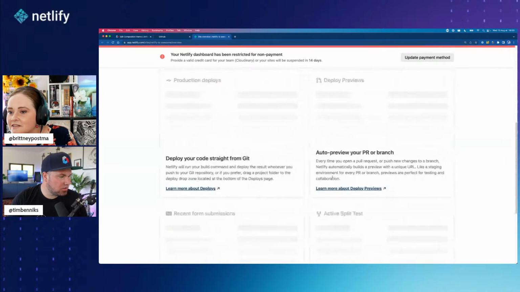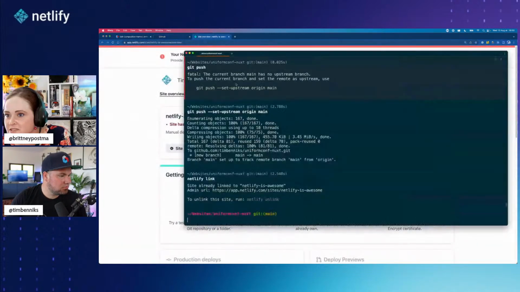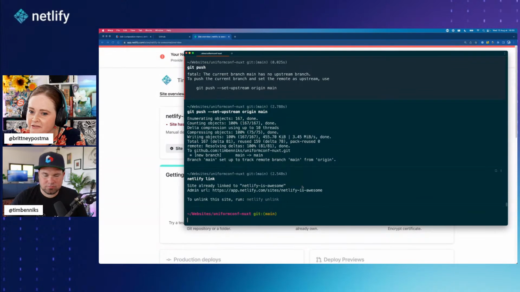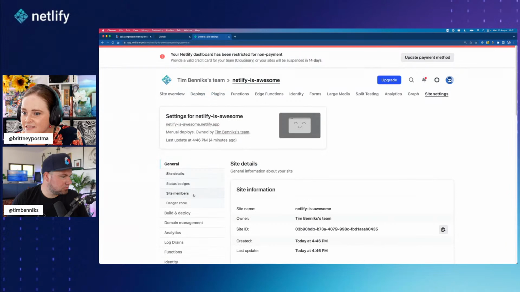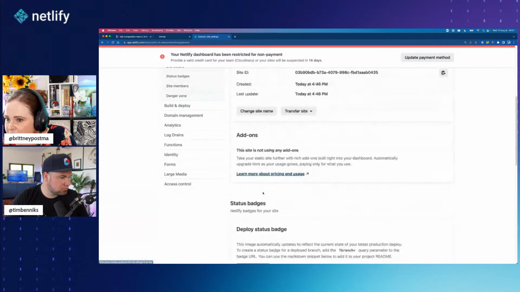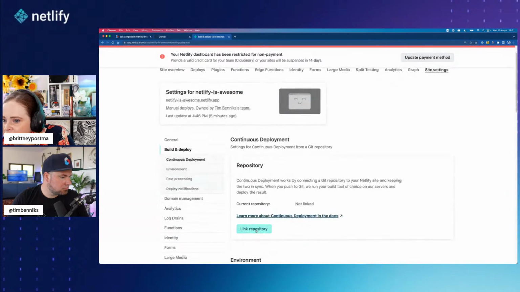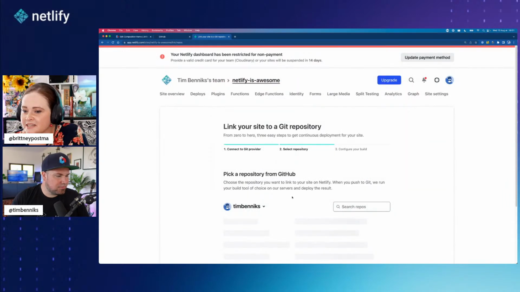Okay, so it actually has the project, but I don't think it knows about the group yet. Because we ran Netlify init first before we had it connected to Git. I don't know how to connect it to Git through the CLI. So now we'll go back to the dashboard and go to site settings, and then scroll down a little bit. Maybe it's under deploy settings. I'm sorry, build and deploy. Yeah, link repository. I'm sure there's a CLI command for that, but usually